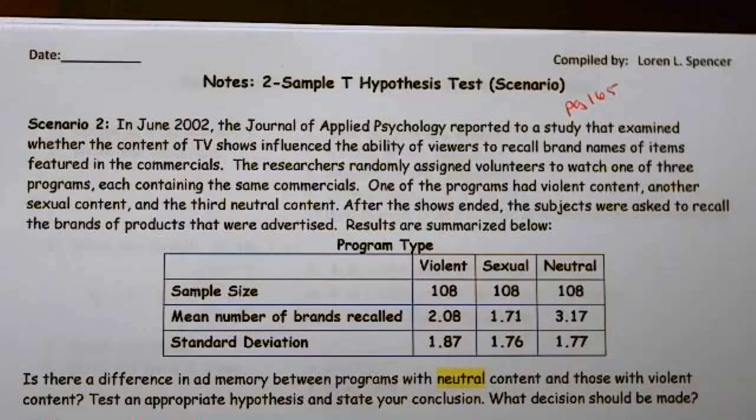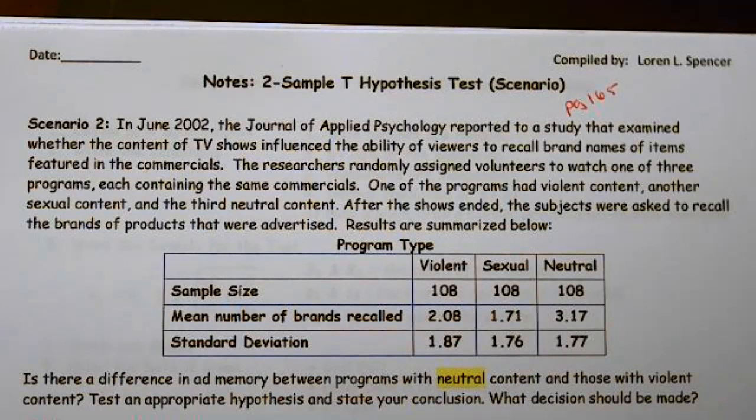Okay, this is page 165 of the notes spiral. We're doing a two-sample hypothesis test. This is the second scenario. So in June 2002, the Journal of Applied Psychology reported a study that examined whether the content of TV shows